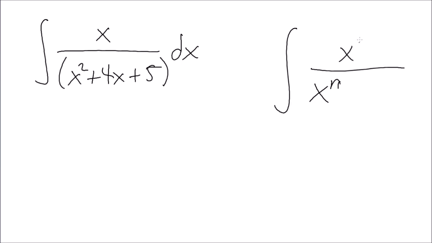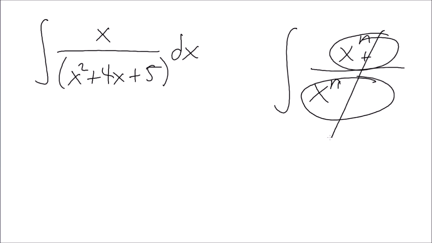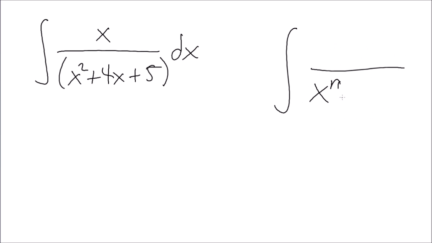If it was x to the power of n, then I would do a zero substitution where this is similar to this, and then we can cancel out, plus some leftovers that I had from the zero substitution, right? And then if I have x to the power of n here, and then I have a constant, then you would have to hope that this is nothing uglier than a quadratic